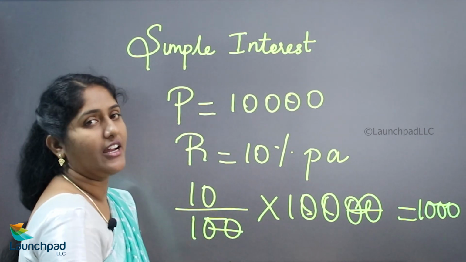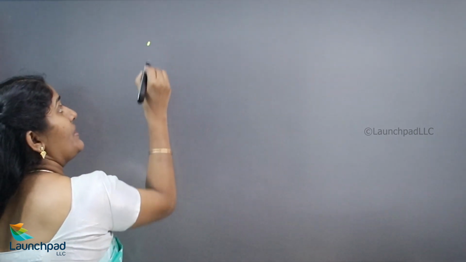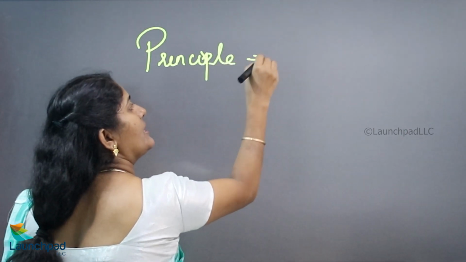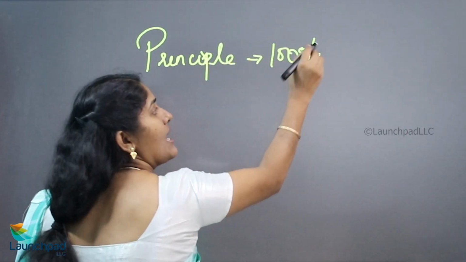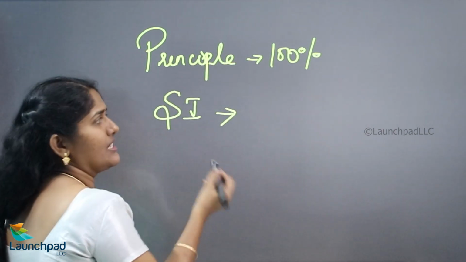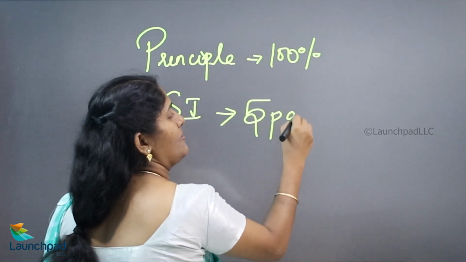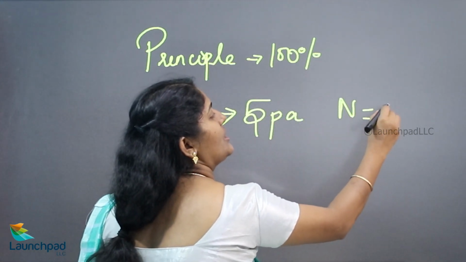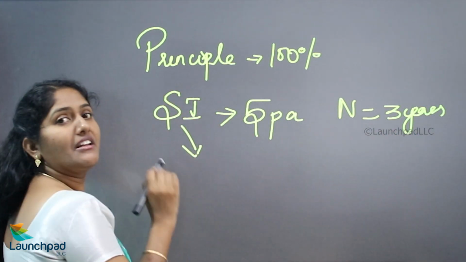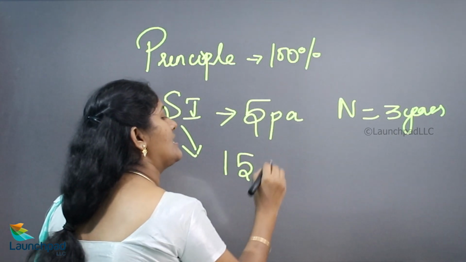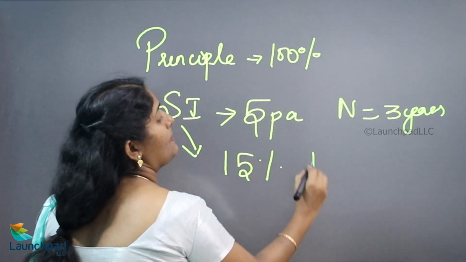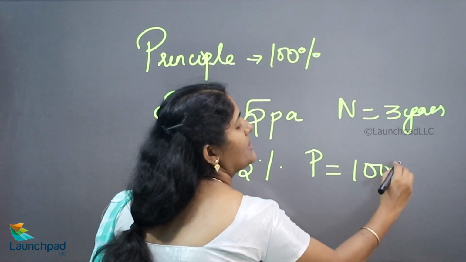So we have another idea. We can consider this principal amount as 100%. Then SI will be your interest rate. For example, 5% per annum and the number of years is 3, therefore your simple interest rate is 15%. So, we can calculate what is 15% of, for example, a principal of 1,000 rupees.